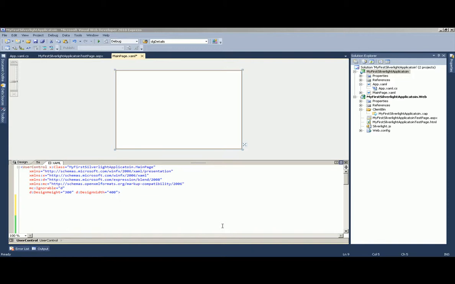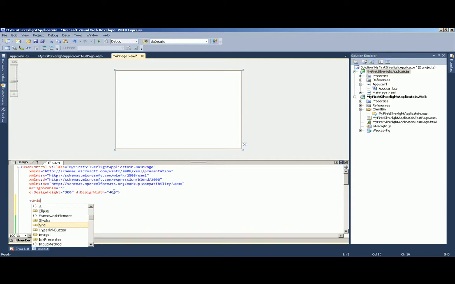Hello everyone. From today's session we will be starting the Silverlight controls. To start with the Silverlight controls, we will first look at the different layout controls. Now there are basically three layout controls. The first is grid, second canvas, and third is stack panel. All these have different uses in different requirements. So let us start today with the basic grid.